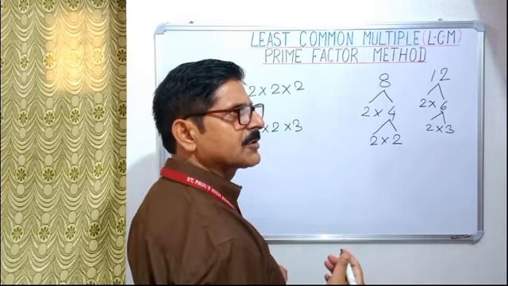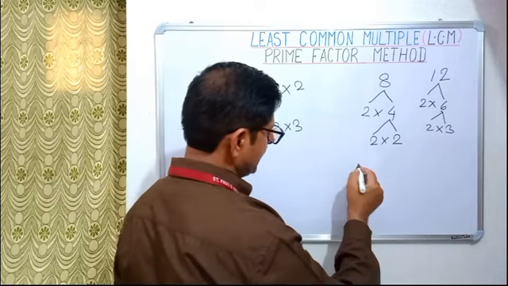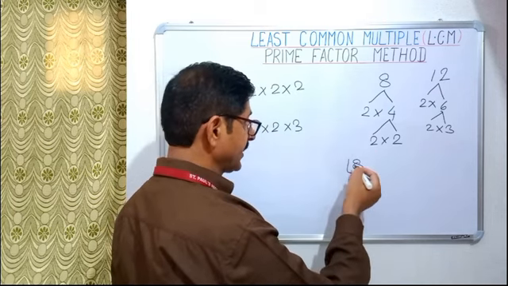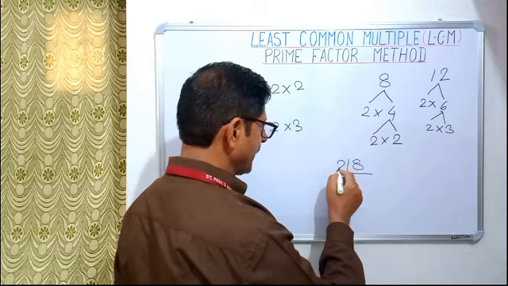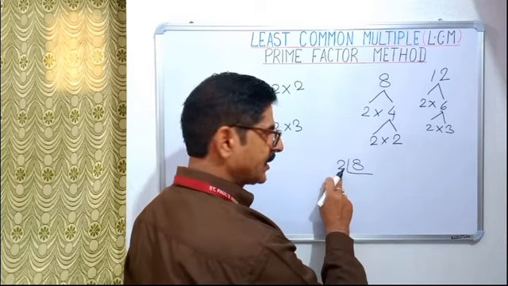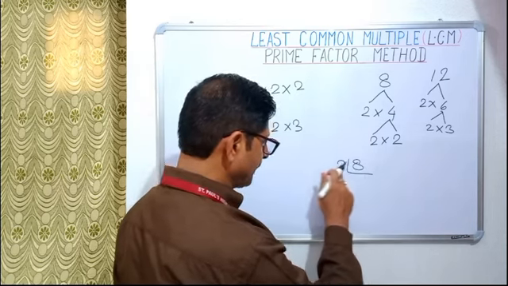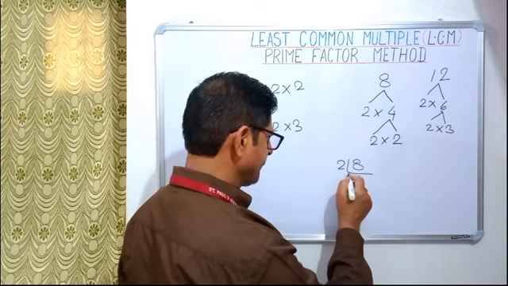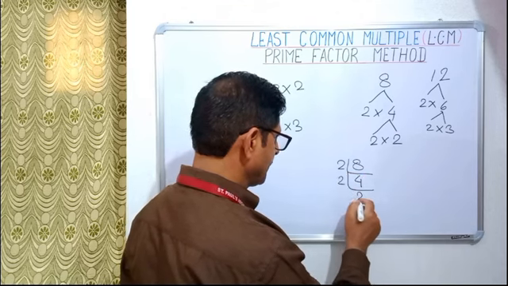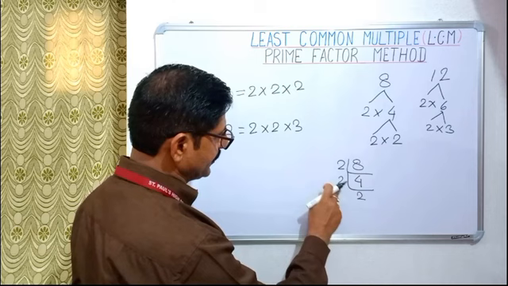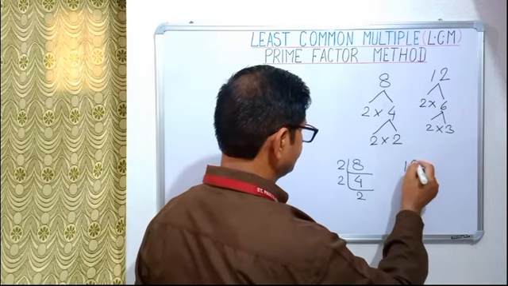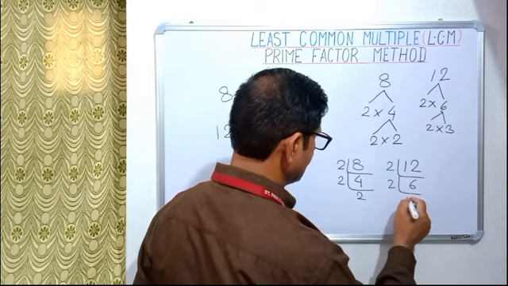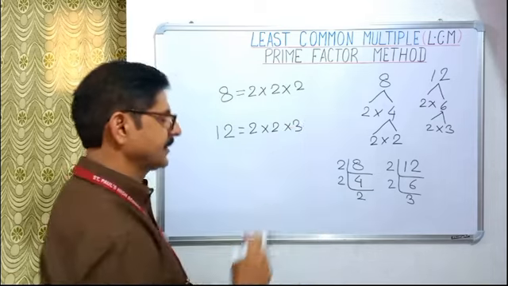Of course, another way is also there for doing the prime factorization of the numbers. 8, divide this 8 by the smallest prime number if it is divisible. Here 8 is divisible by the smallest prime number 2, so I have taken this 2 and divide this number by this 2 and write the quotient here. 2 4s are 8, 2 2s are 4, and again you get the same thing, 2 into 2 into 2. 12, 2 6s are 12, 2 3s are 6, isn't it? 2 into 2 into 3.